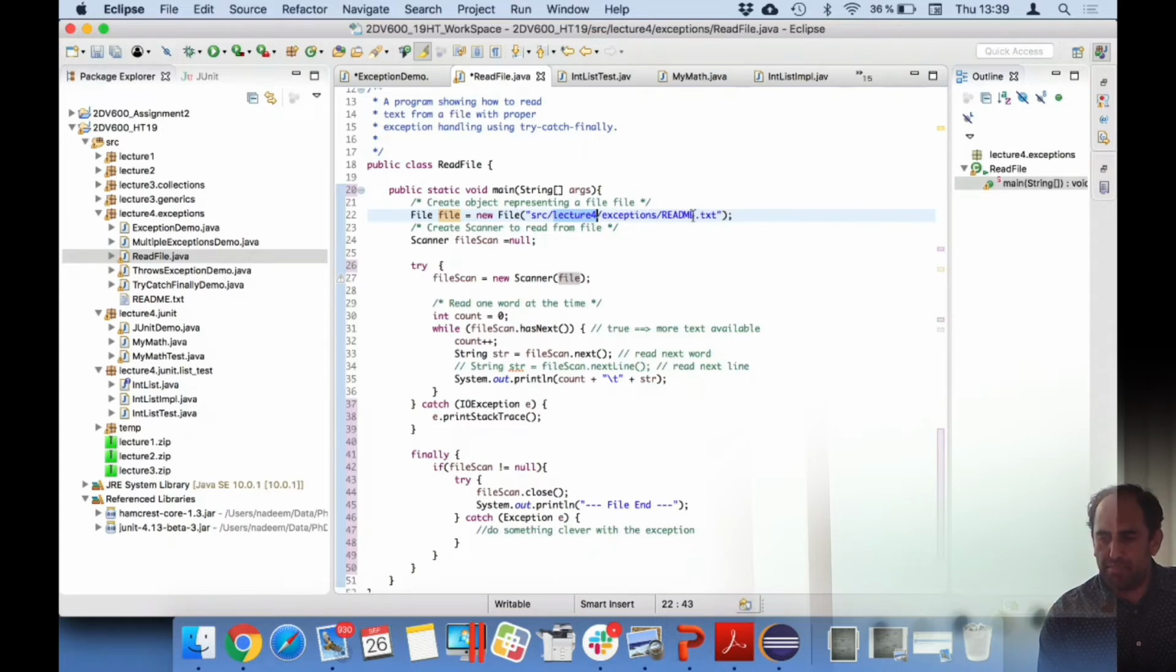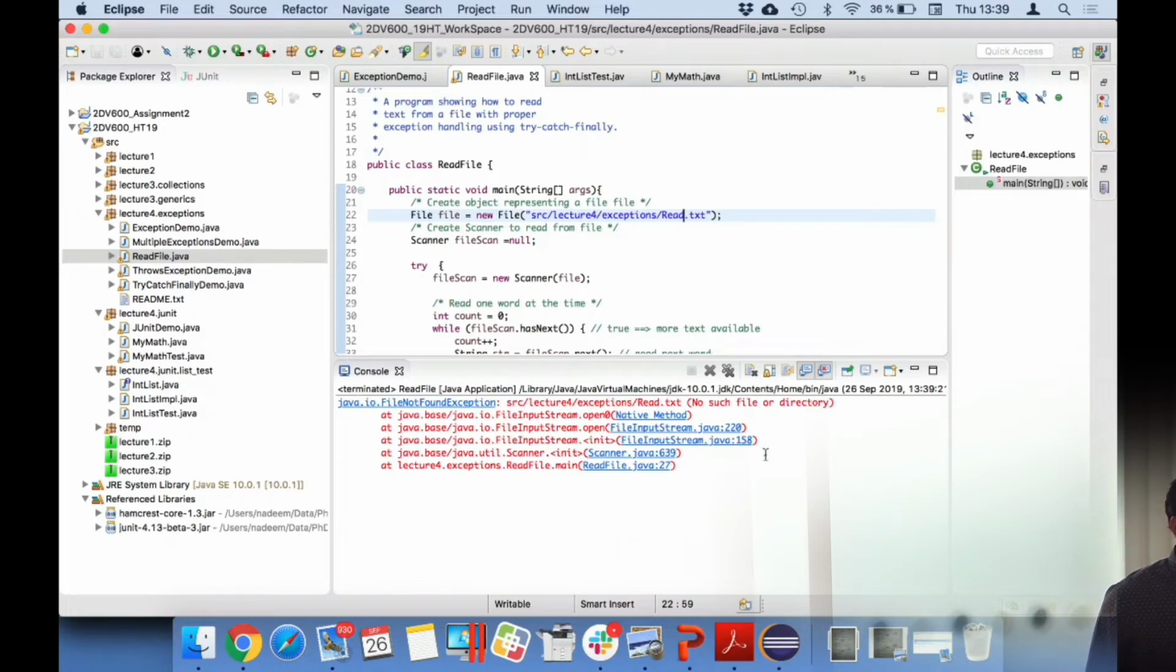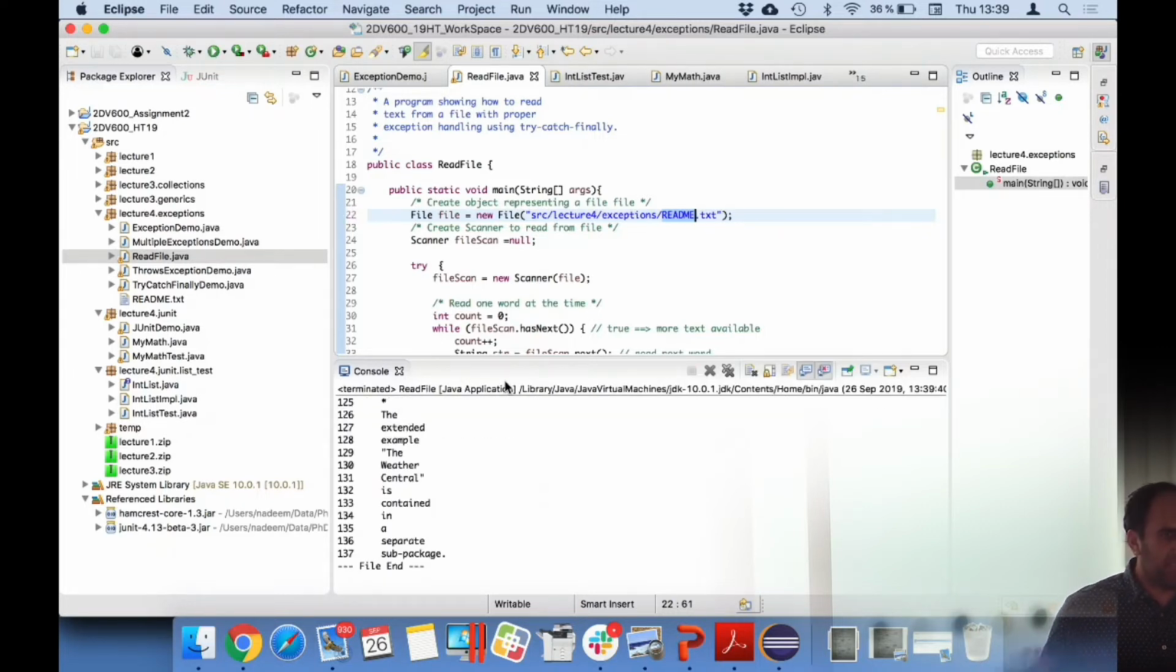But if I just change this name, simply like read, and then if you try to run it, I get an exception because it could not find no such file or directory. Okay, because in this path you have specified the path source lecture 4 exception, whatever the path you have. If the path and the file is correct, and if you run it again, in that case it just reads from the file and displays the contents. But if there is any problem in the file, either in the file name or in the file path, then when you execute this code,